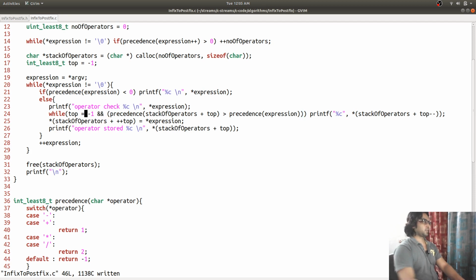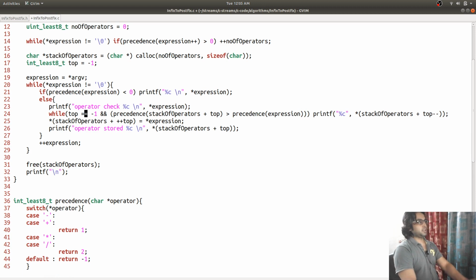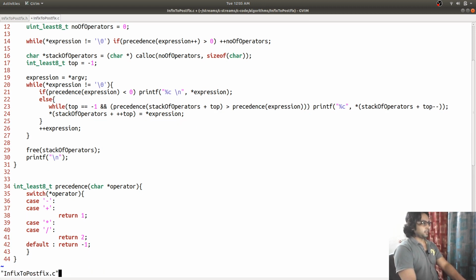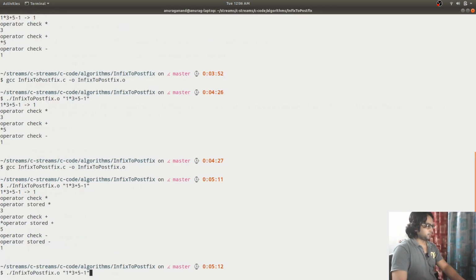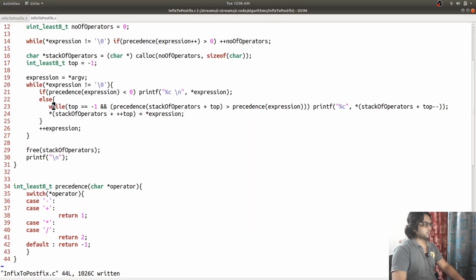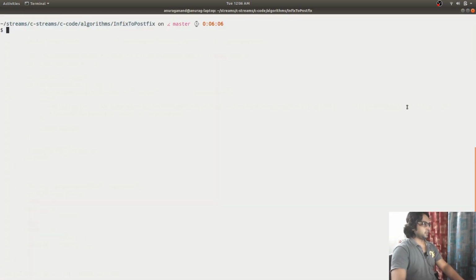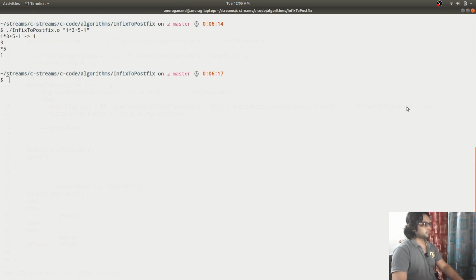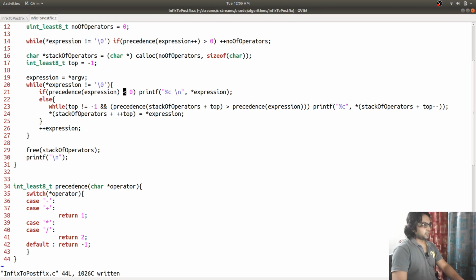Okay, this is the issue. I got this. Instead of comparison, I was assigning a value -1 to the top. While top is not equal to -1, compile it and run it. Remove this new line from here.